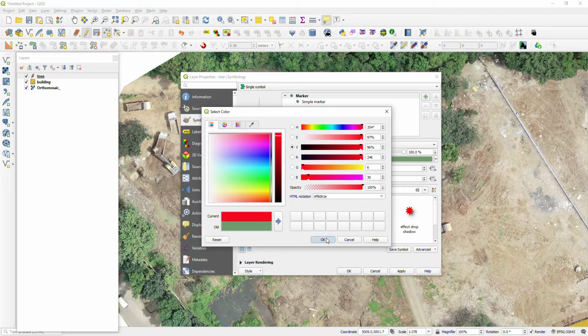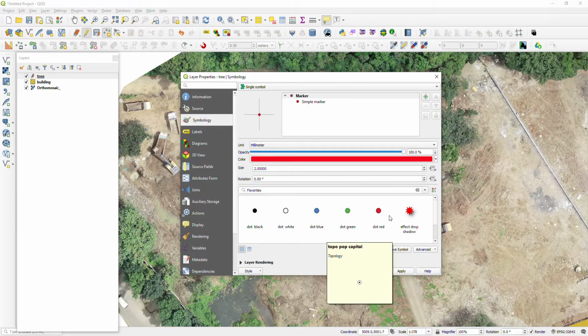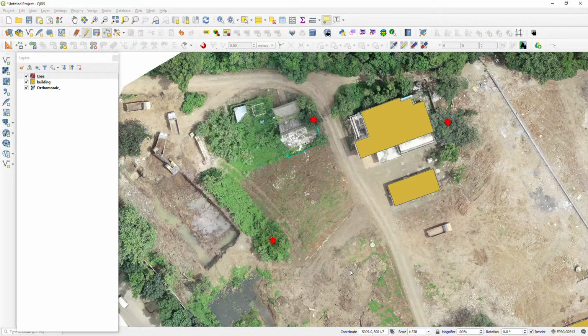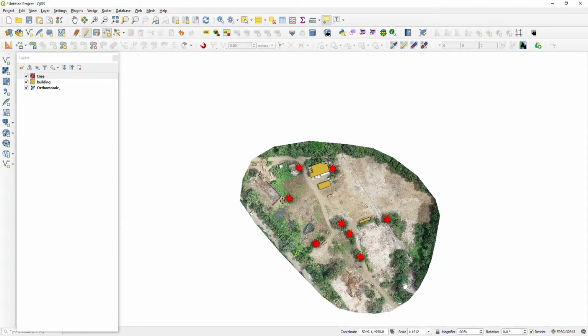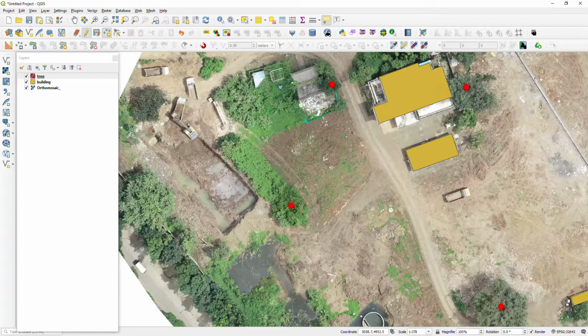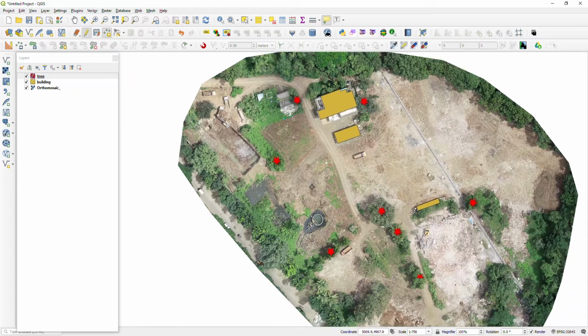I'm changing to red color and I'm changing the symbol also. Click apply and OK. See, now the trees' color and symbols are changed. Previously it was a point, and the symbol is changed to some other symbol.